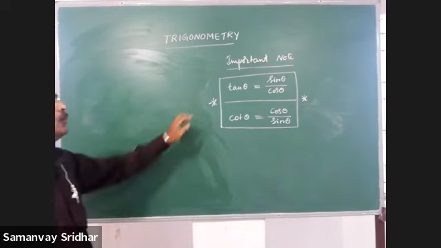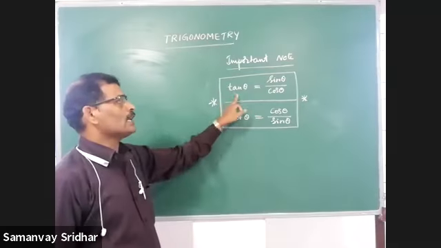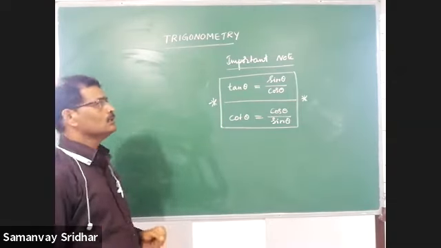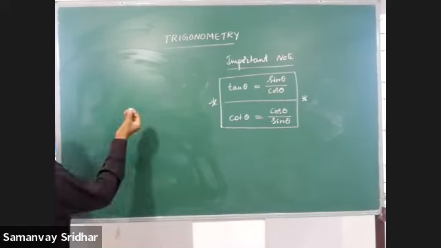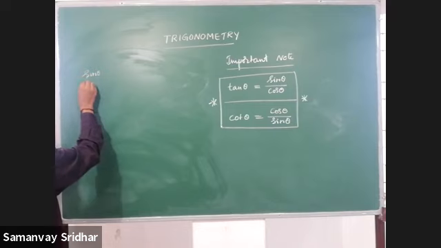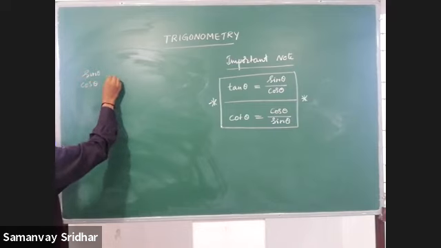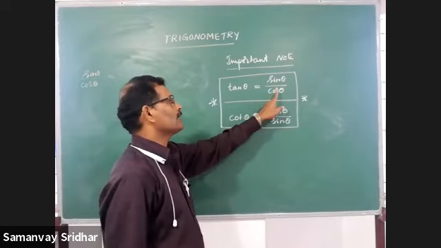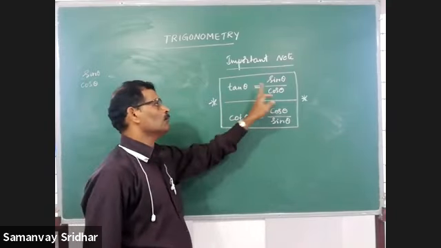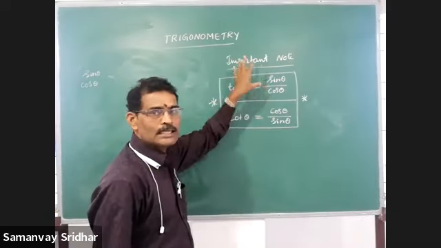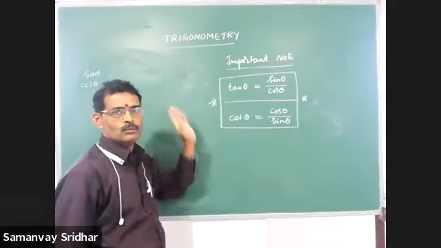So go with the first one. Tan theta is equal to sin theta by cos theta. How? Right? So I'll take the tan theta first. Tan theta is tan theta. What is sin theta by cos theta that we have to see? Is it equal to tan theta or not? I am going to prove that sin theta by cos theta is exactly equal to tan theta. The values of both are one and the same. Whatever the value you will get for sin theta by cos theta, the same value you are going to get for tan theta also.